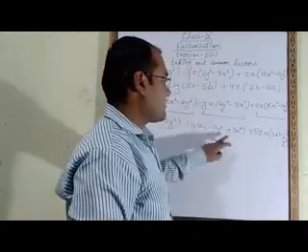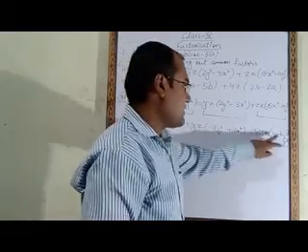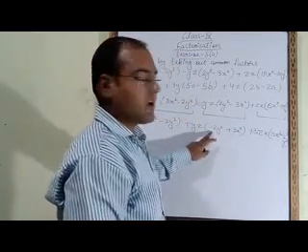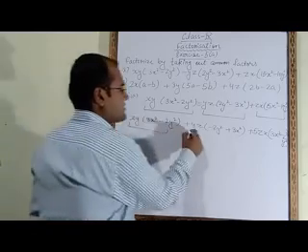Now you can check this with this bracket. This is plus 3x square. Here also we are getting plus 3x square. This is minus 2y square. Here also we are getting minus 2y square. Now next step is, from these three terms